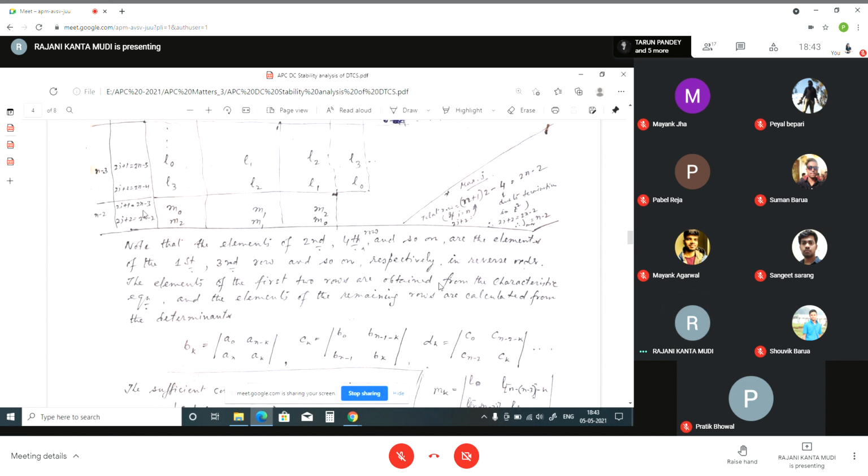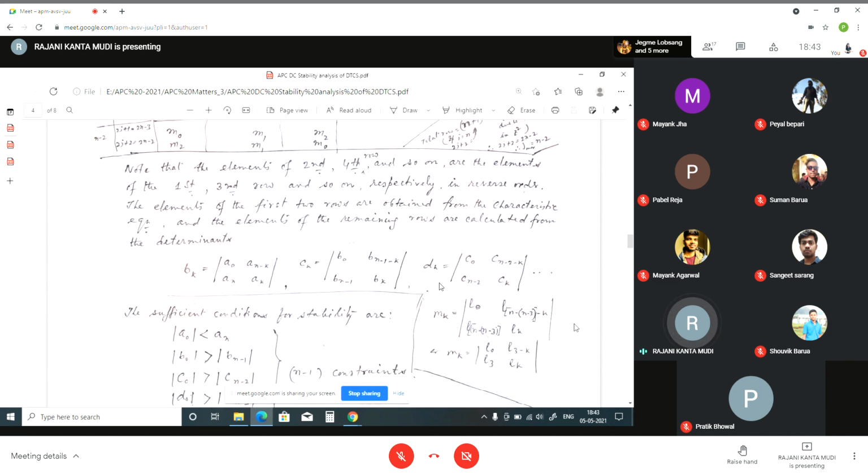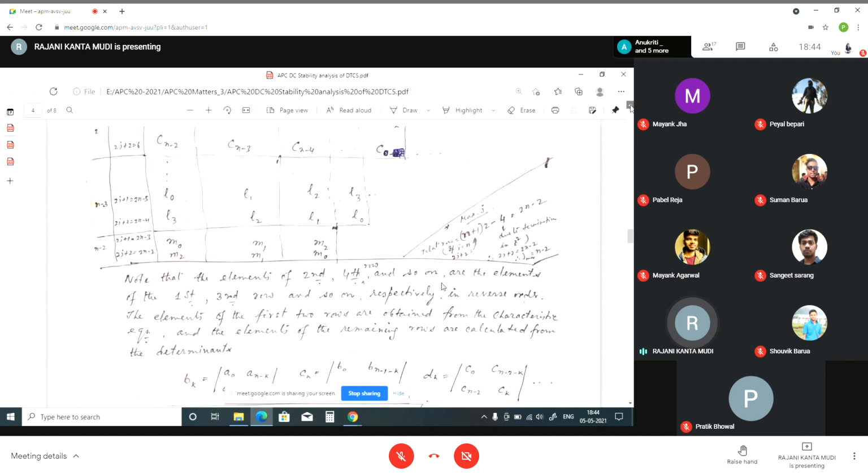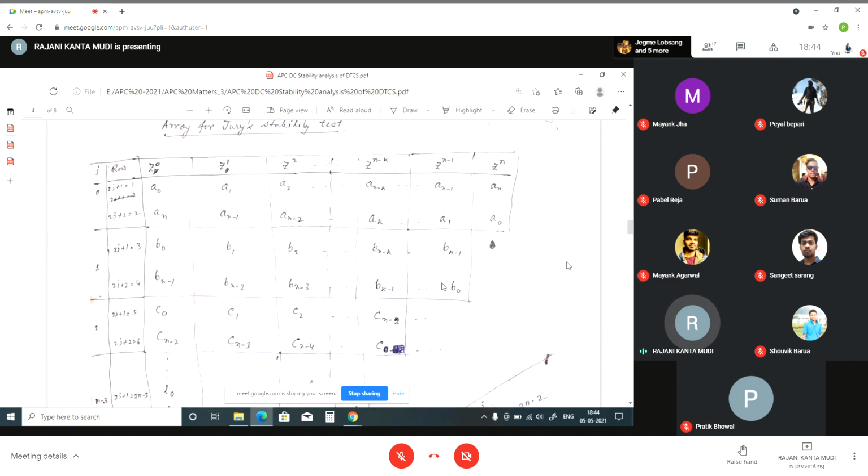The last value of j is n minus 2, and the corresponding terms are m0, m1, m2. You say mk equal to its previous value n minus 3, l0, l n minus 3 minus k. Basically mk equal to l0, l3, l3 minus k, lk. This is a mechanical way. It is very simple, though it looks very